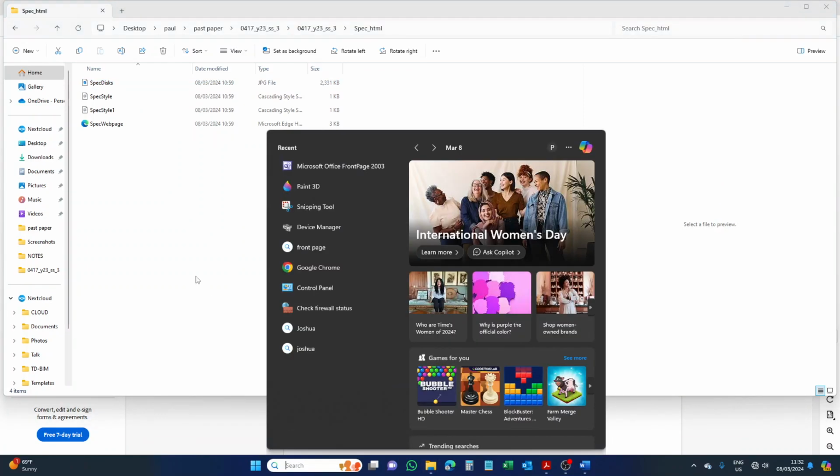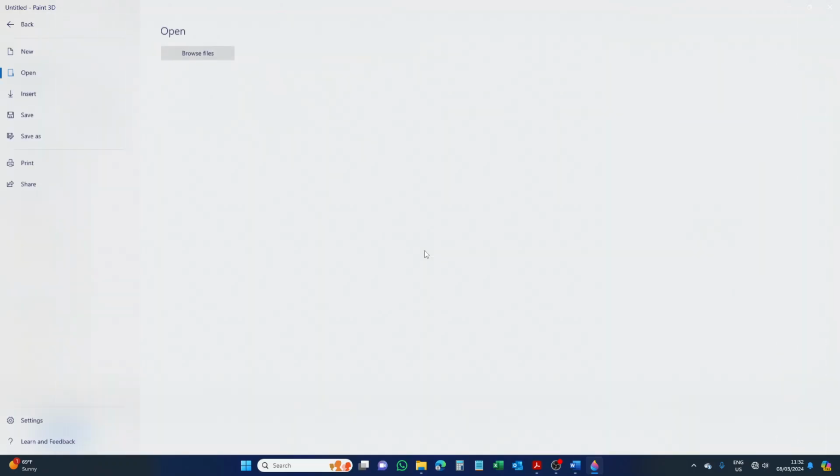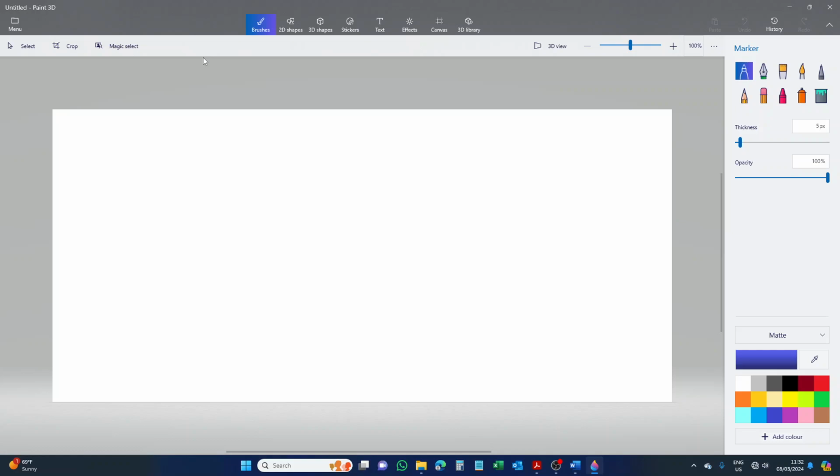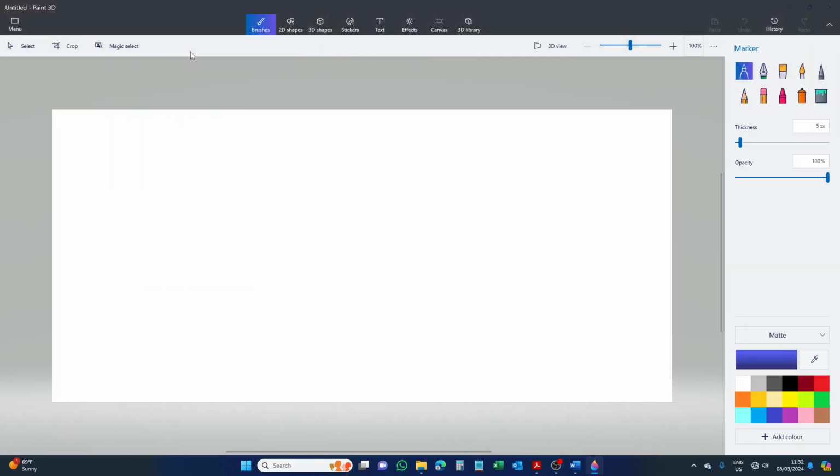Otherwise, open the Paint 3D from the search. Open, browse files, go to menu, browse files,